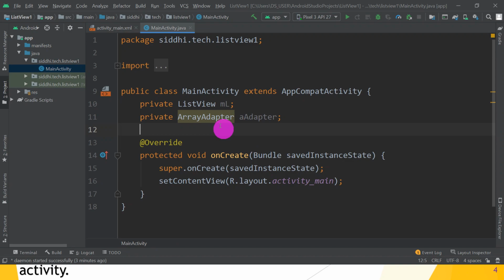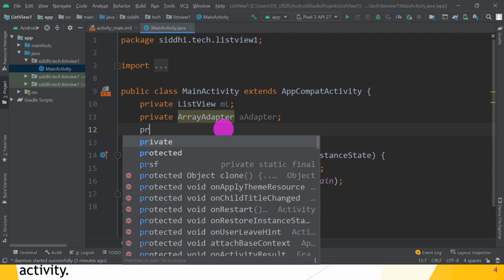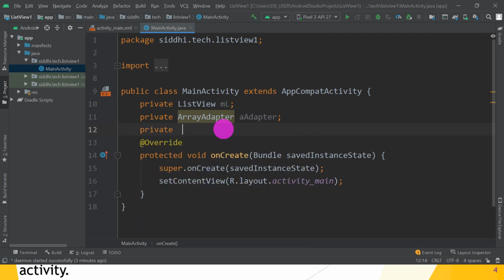So what is the source? The source is a private array of string, so String. Then create the name users. So users contain what? Users contain different names of users.